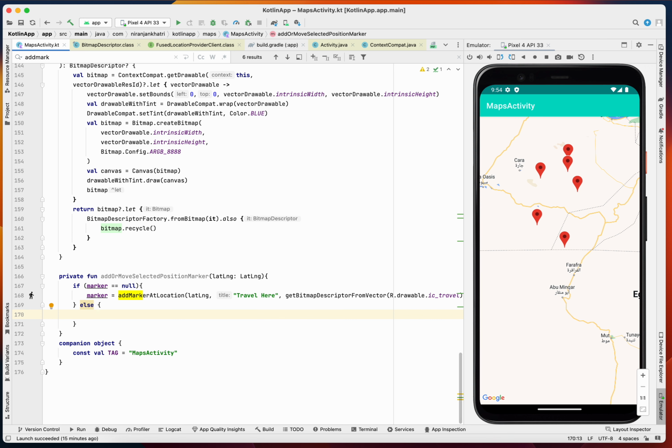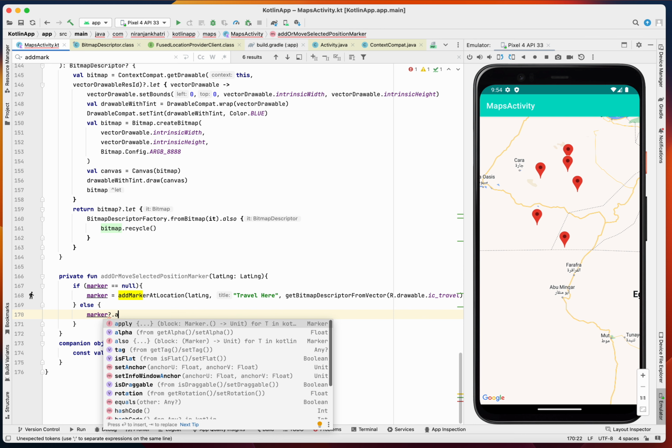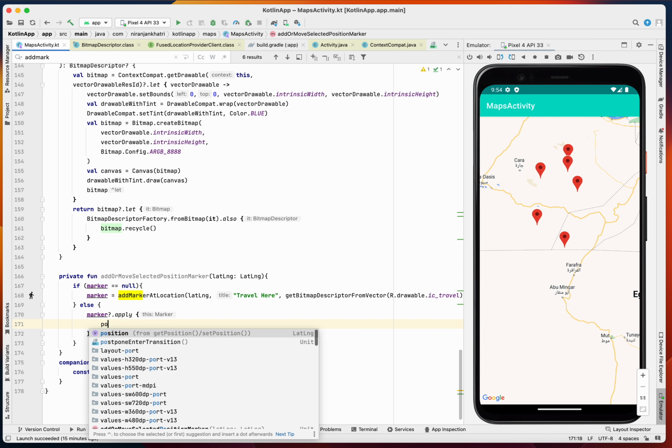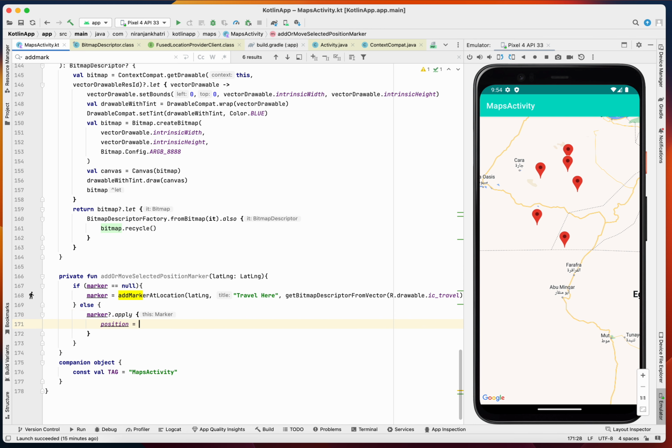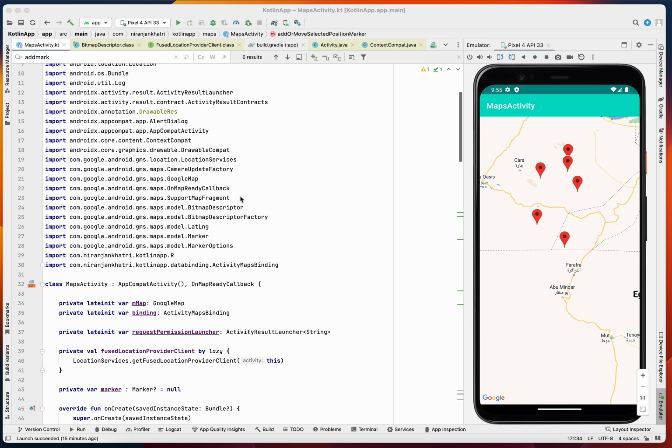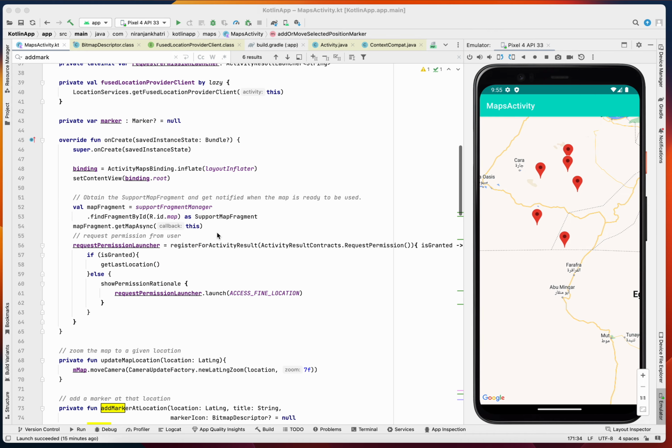Then if the marker is not null, that means we just need to apply the position and change the position, that's it. So whenever we select the location,